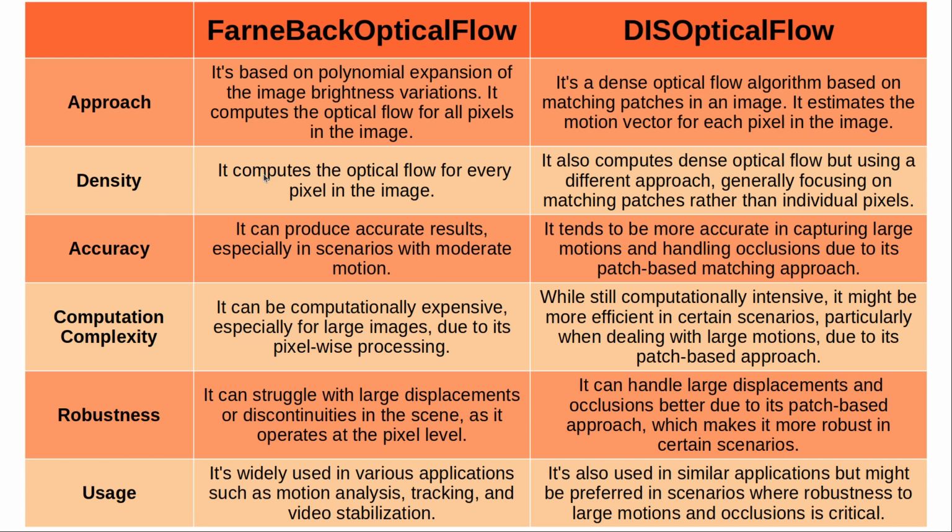Also, about density, computationally, for example in Farneback, we said it computes the optical flow for each pixel. But this optical flow, even though it gives the result for each pixel in the OpenCV functionalities, uses a different approach, so it's not making calculations for all the pixels in the image. So about computation, efficiency or speed, this optical flow is still better than the Farneback optical flow. About the accuracy, generally we can still say this optical flow is better than Farneback,